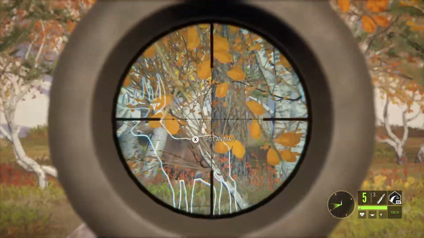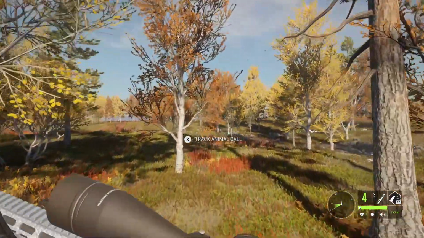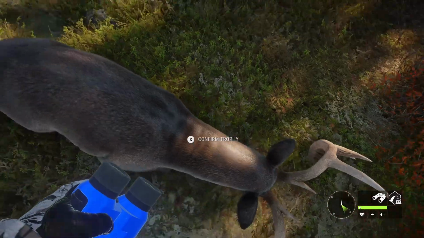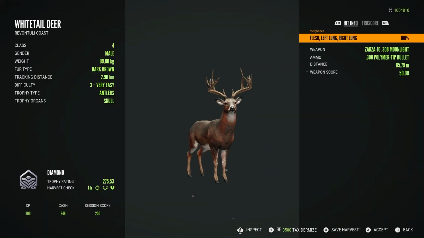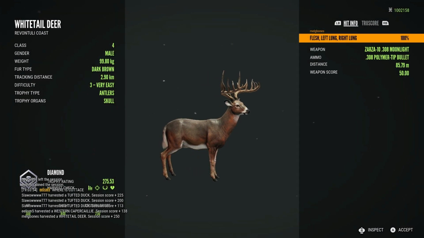I don't know why, I just thought that he looked bigger than any level 3 whitetail I had ever seen. So as soon as he gave me that shot opportunity there, as you will see, I made it count and dropped him on the spot. And just looking at him, I thought he looked massive, and then picking him up, he is actually what I suspected he might be. He is a max score diamond whitetail at